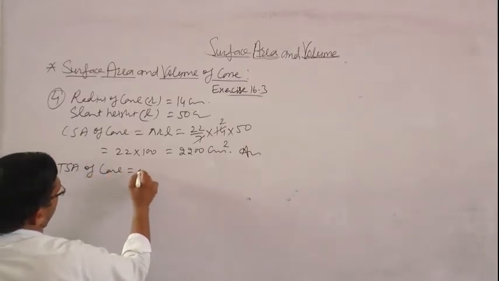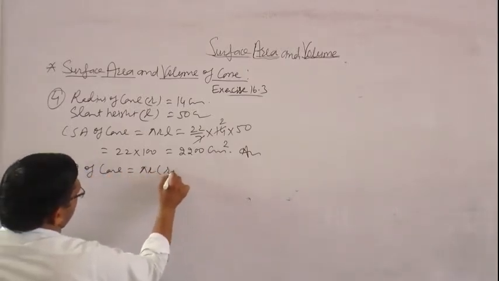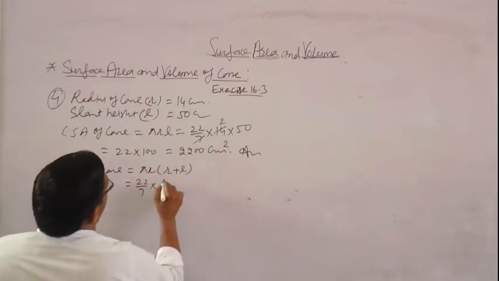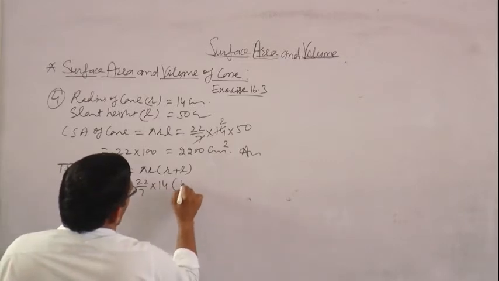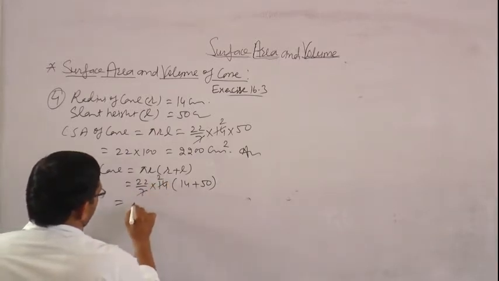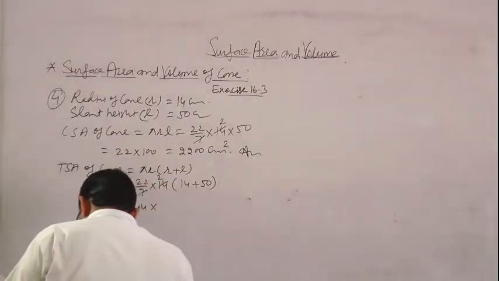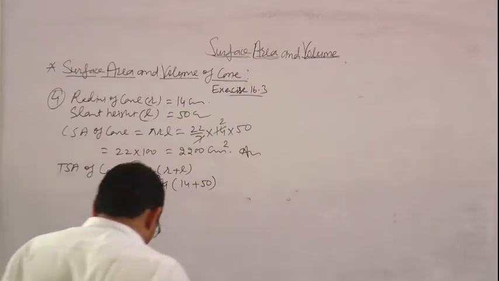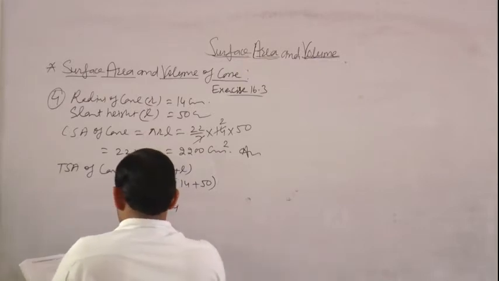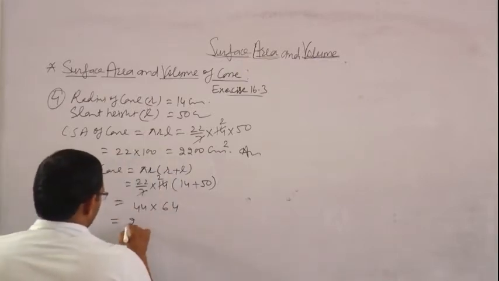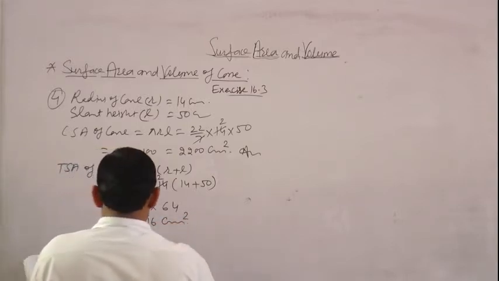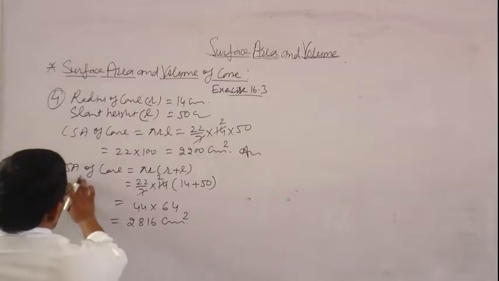TSA of cone is equal to pi r into r plus L is equal to 22 upon 7, radius is 14, 14 plus 50, 7 twos are 14, 14 into 22 is 44, 44 multiply 64 is equal to 2816 centimeter square. So TSA of cone is